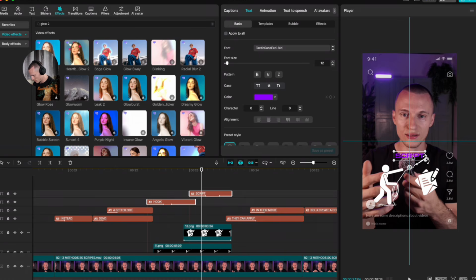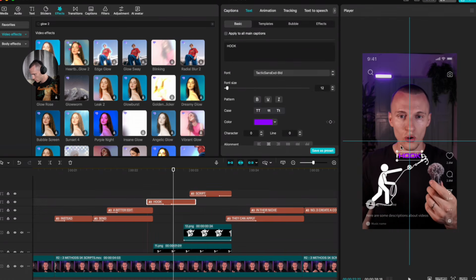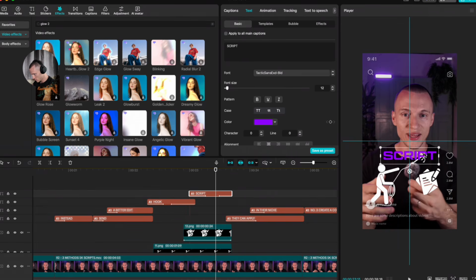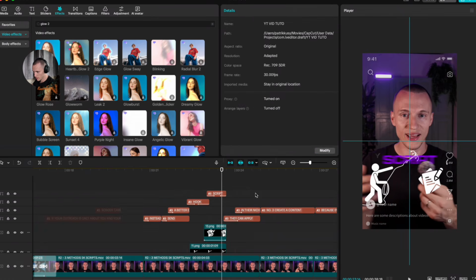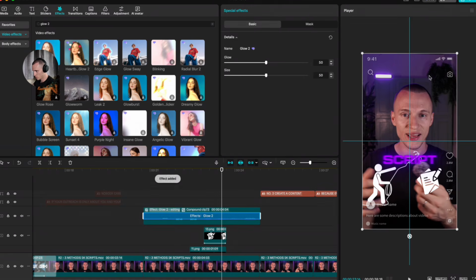Right now, this is hard to see, so maybe make this a little bit bigger. So hook, position it like this, hook or script. And again, position it like this. Hook or script. And now just select all these text layers, create a compound clip, apply glow effect on this,